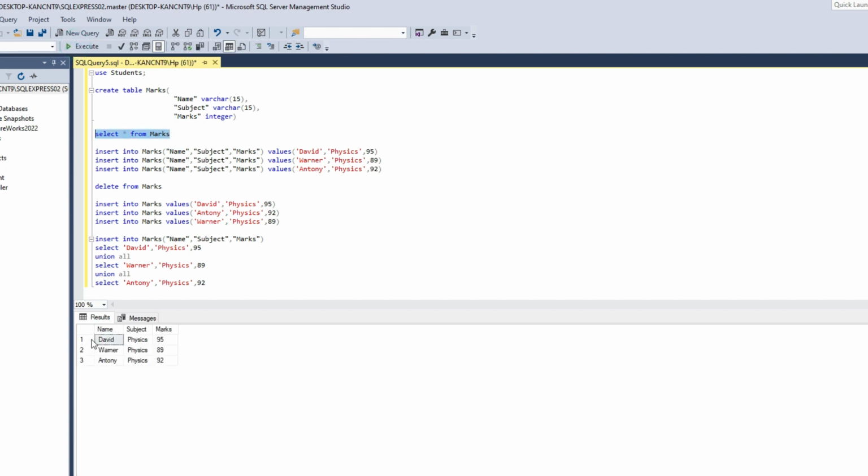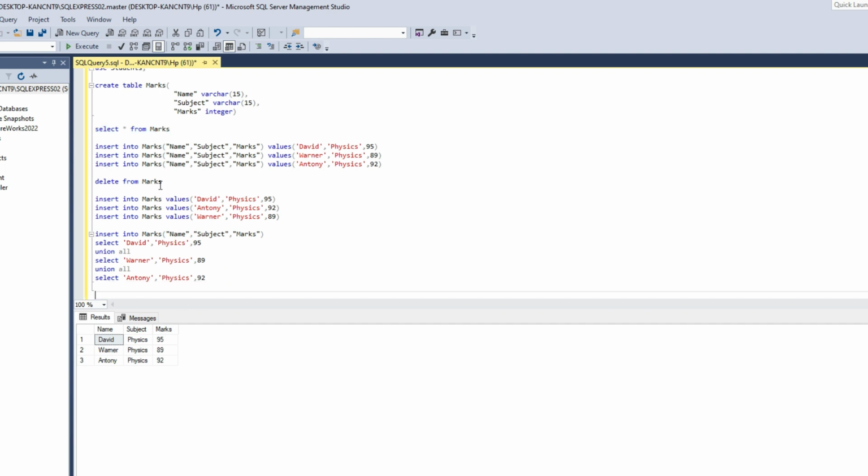So it is the same as it is. Whatever we entered, all the values are entered into our table, which is inserted into our table. Let's remove the complete data from here. The method 4,